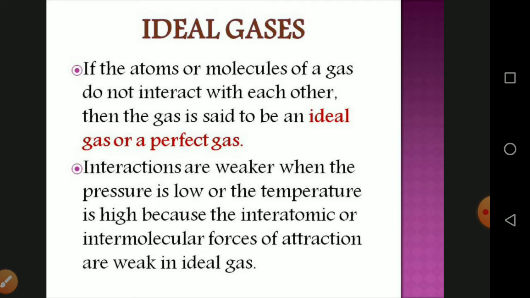Ideal gases obey Boyle's law, Charles' law, and Avogadro's law. All these laws state the relations between various properties of a gas such as pressure, volume, temperature, and number of atoms. In a given state of the gas, all these parameters have a definite set of values. When there is a change in the state of the gas, any one or more of these parameters change their values. The above laws relate these changes.